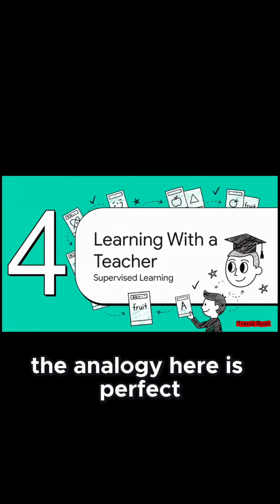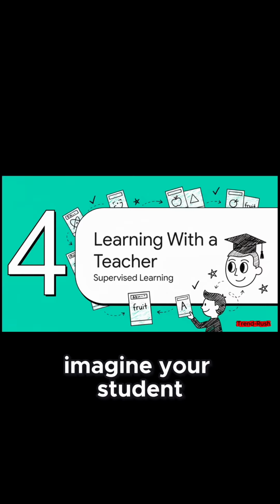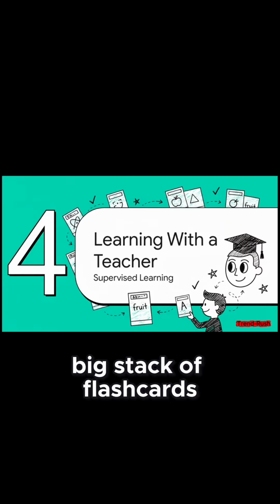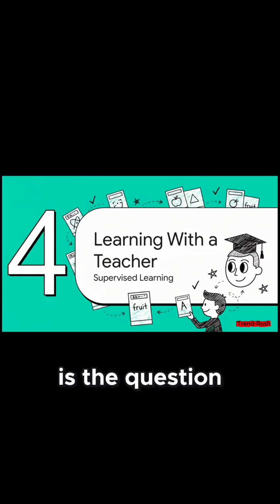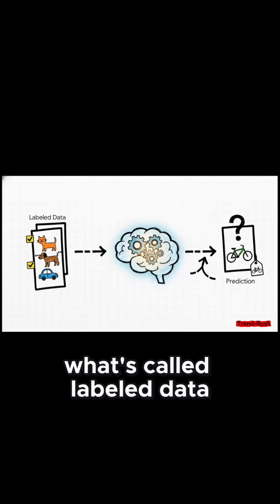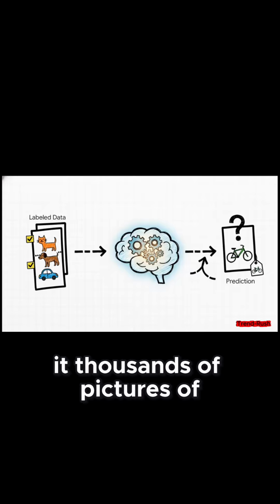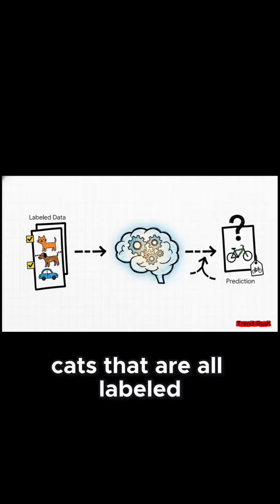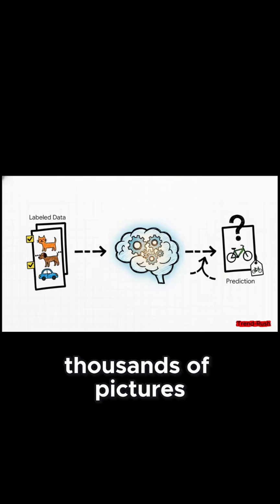And the analogy here is perfect. Imagine your student studying for a test with a big stack of flashcards. On the front is the question, and on the back you've got the correct answer. That's exactly how this works. We feed the algorithm what's called labeled data. So, we give it thousands of pictures of cats that are all labeled cat, and thousands of pictures of dogs